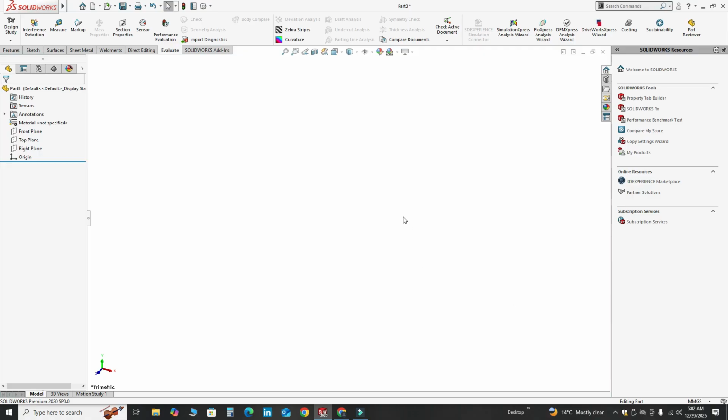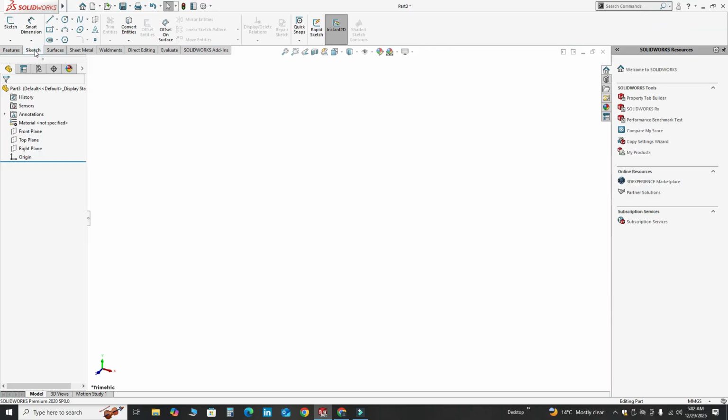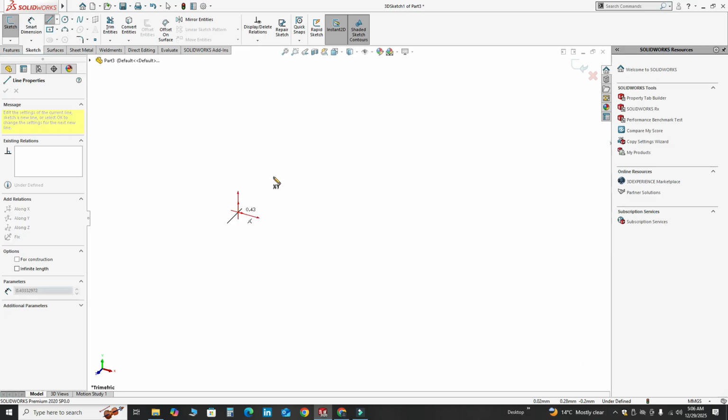So let's create the path for the pipe. Let's go to here, sketch, and here I will choose this option, 3D sketch. So first I will create a random sketch and then we will dimension it. So let's go to here, line command, and here I will create one line in this direction. This is not the correct plane, this is the XY plane. So I have to switch this from XY plane to YZ plane or ZY plane. So I will press tab from my keyboard and now you can see I am in YZ plane.